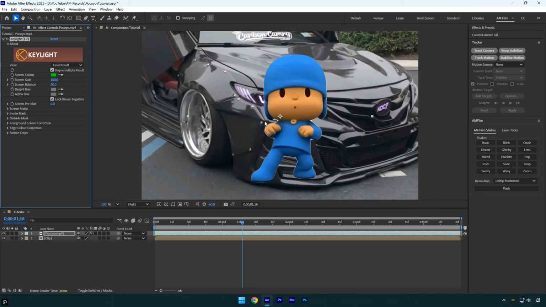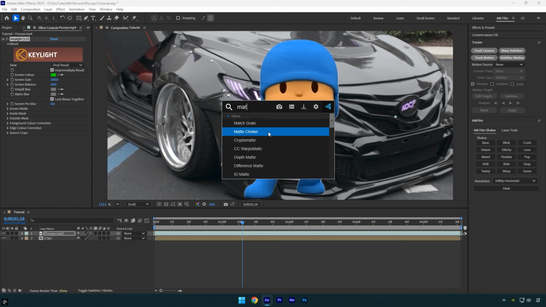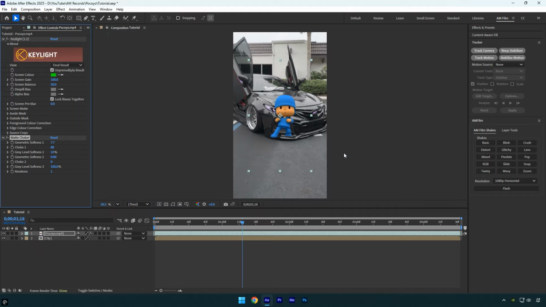If you zoom in closely, you'll notice some white edges around it. To fix this quickly, apply the matte choker effect to the layer. Increase choke 1 to around 80, and then raise geometric softness to about 7. Nice. Now that Pocoyo is cleaned up and has no visible issues, we can move on to 3D tracking and